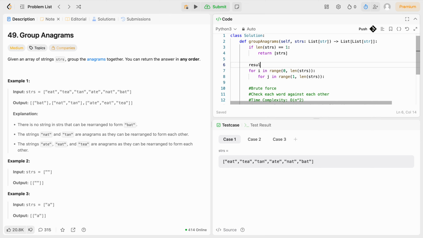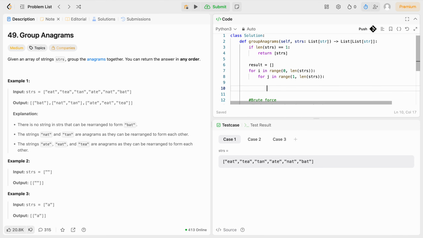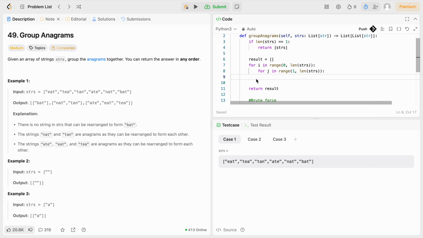I'm gonna create like a result. Just kind of set up what I need to return so I don't forget that later. And then I'll just be appending the list in here. So for i and j, I want to do